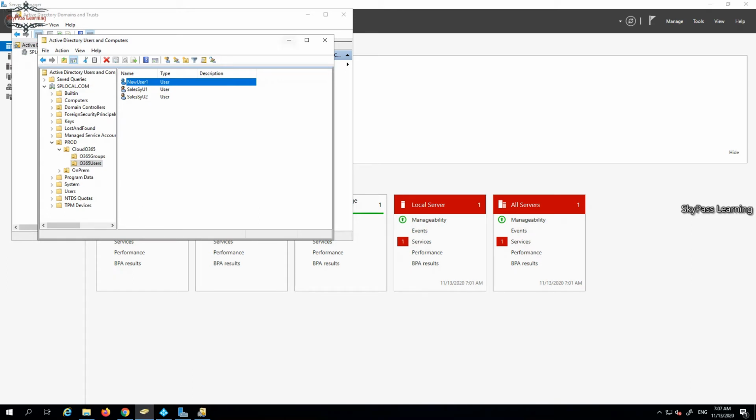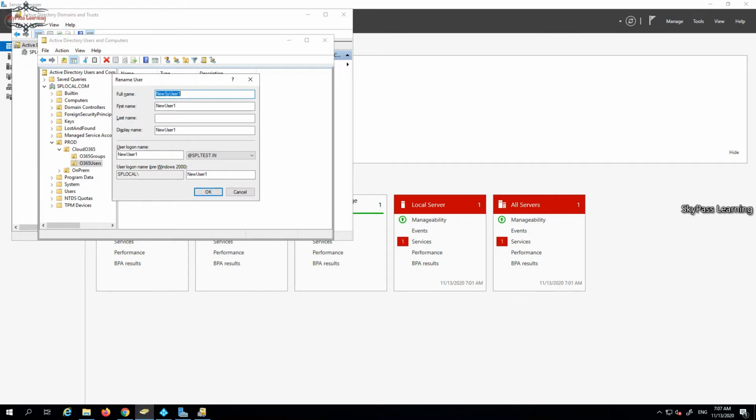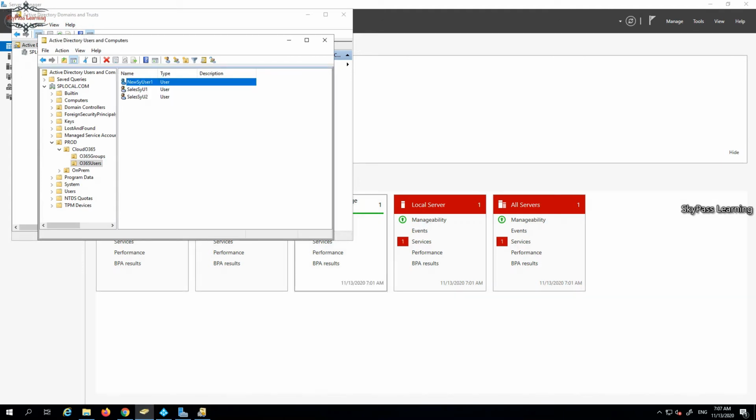Two were the earlier ones and the other is also there. Let me quickly rename it as user 1 new, for the synchronization purpose. I can just change it, and the logon name I'm also going to change. This would be easy. Okay, so what I will do, I will sync these users and this group.